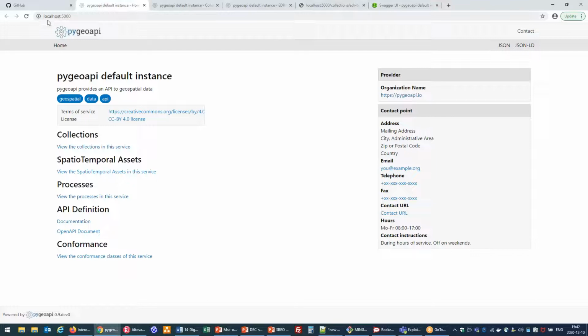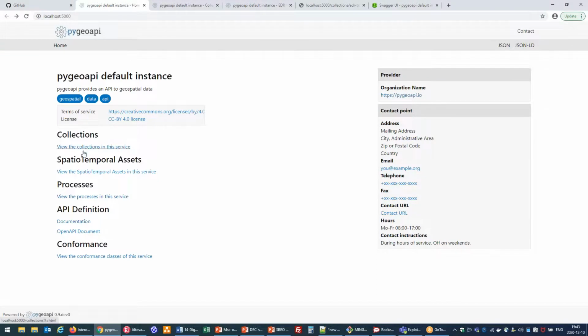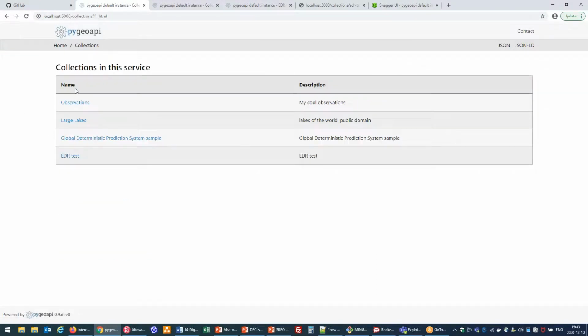So I have this running on my local host here because there's a better chance it'll work, and I'm a firm believer in the law of the demo. So here's a landing page of pygeoapi, which is essentially the OGC API specification. If we wanted to list all of our collections, we can see all the collections that we have